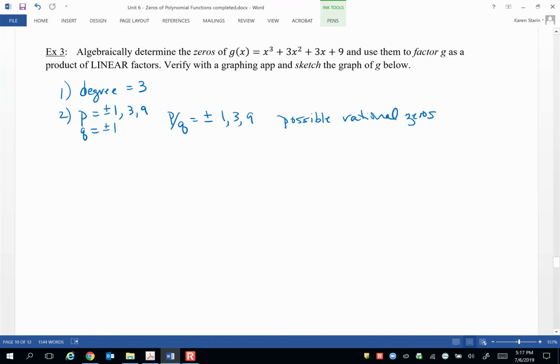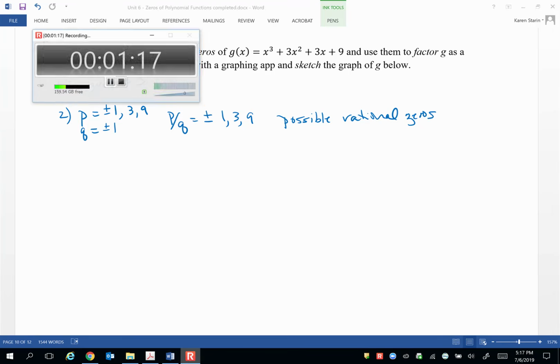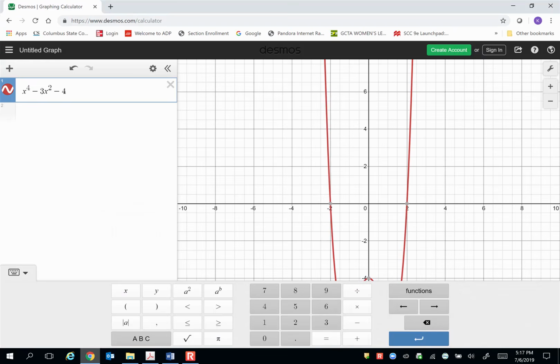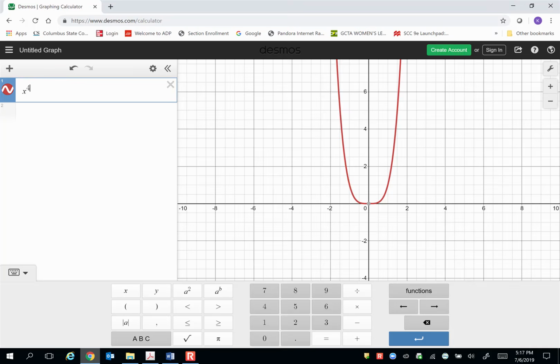Now, from the graph in Desmos, we're going to see that we have an x-intercept. So let's go over to Desmos right now, and we'll type this in. I didn't mean to pull that up. I meant to go to Chrome. So as I type this in, you'll see how Desmos graphs everything you're doing in real time. So I'm going to just type in